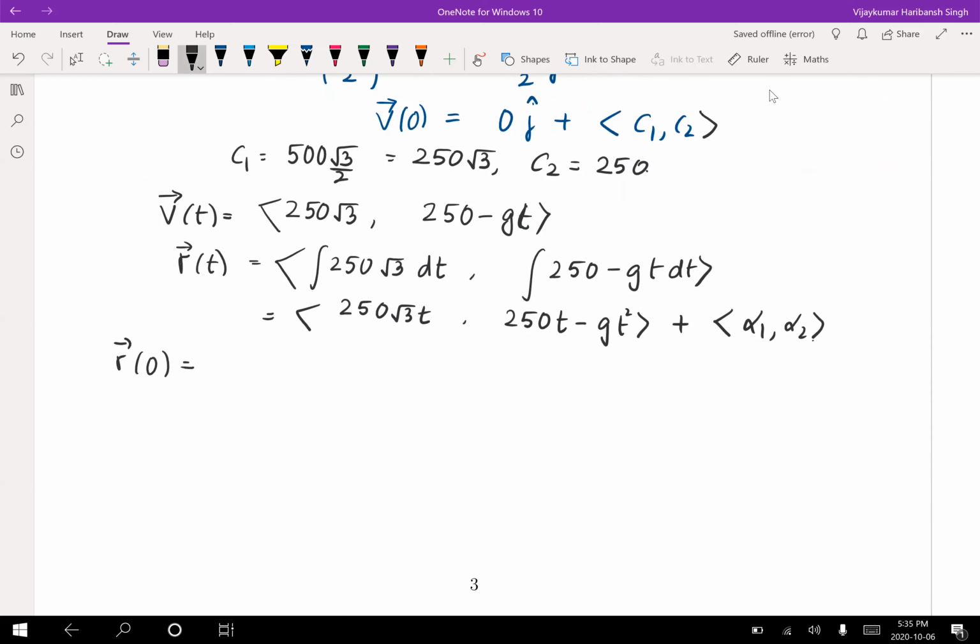This gives us alpha 1, alpha 2, and when you substitute, this is also going to be (0, 0). So therefore we get r of t equals to,